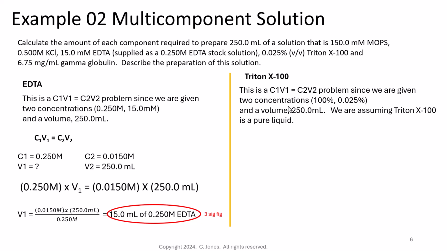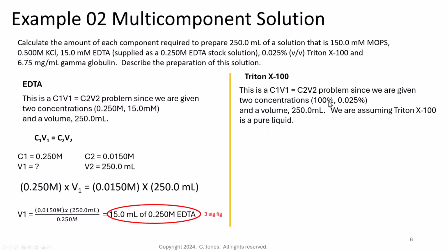If we are given a liquid and there is no second concentration, then oftentimes, unless a different value is provided, if we only have one value for the liquid, and we're told it's a pure liquid,